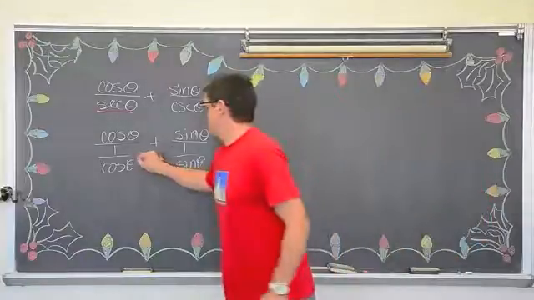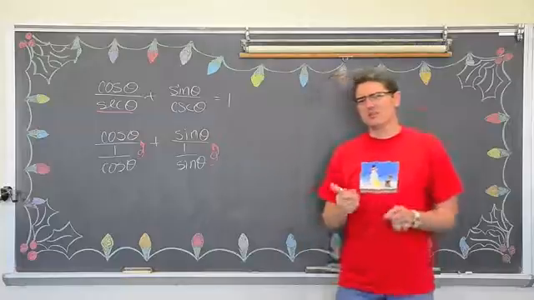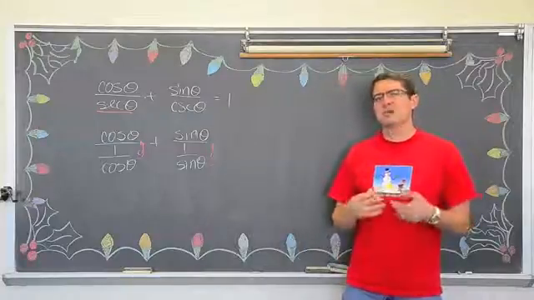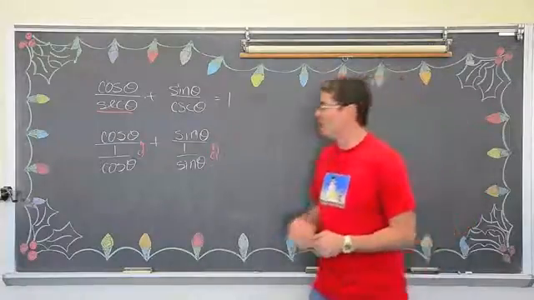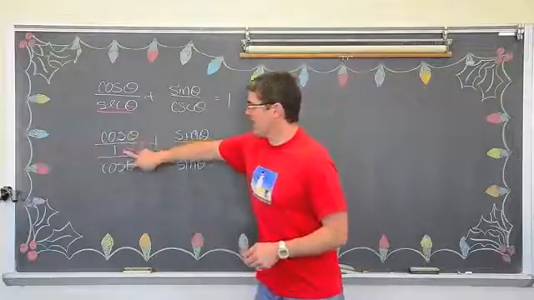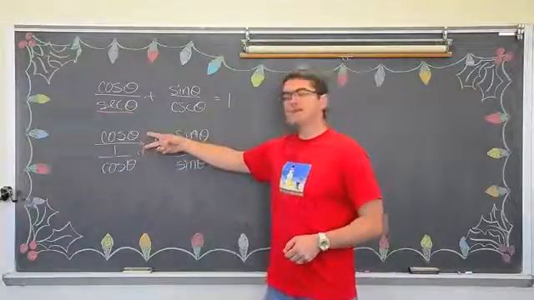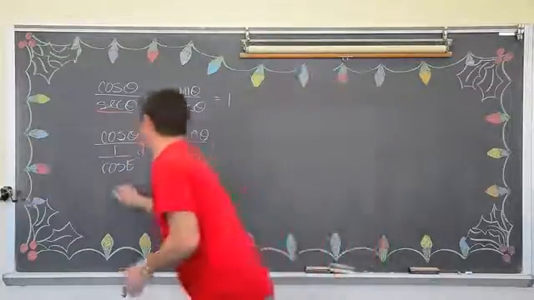Now, you can take these bottom fractions and flip them up. There really truly is no division of fractions. You multiply by the reciprocal of the second fraction. Well, that's always going to be your denominator. So cosine of theta times, this bottom flips up, cosine of theta times cosine is going to be cosine squared,